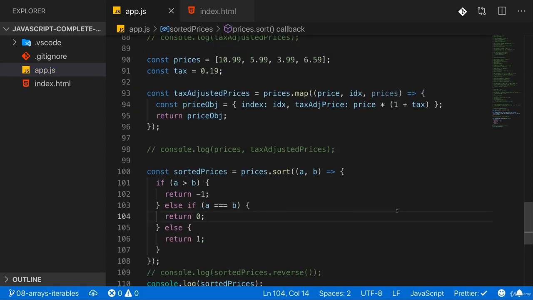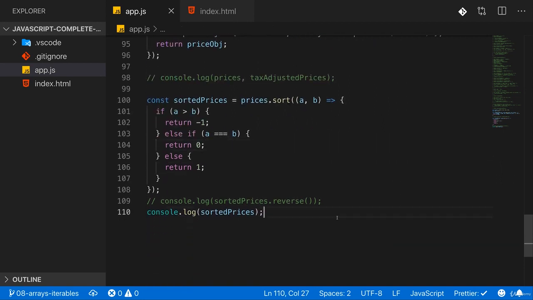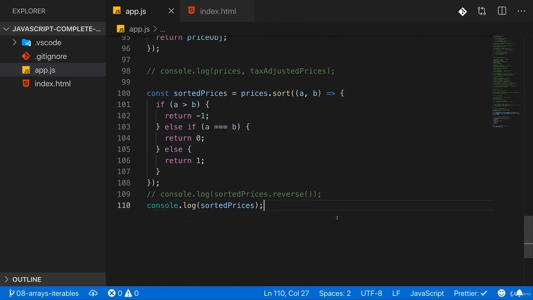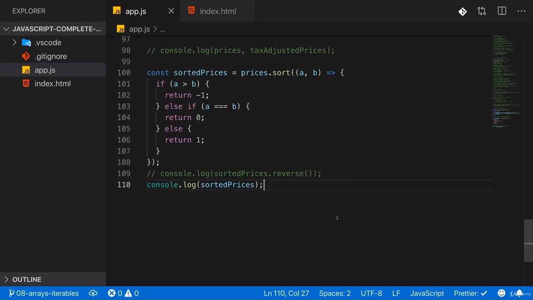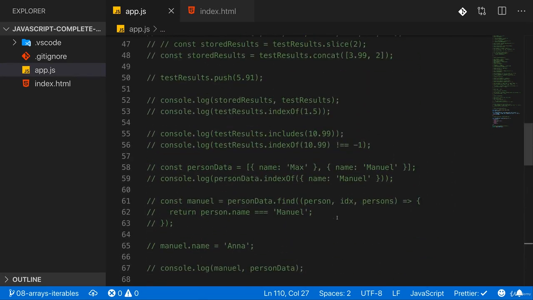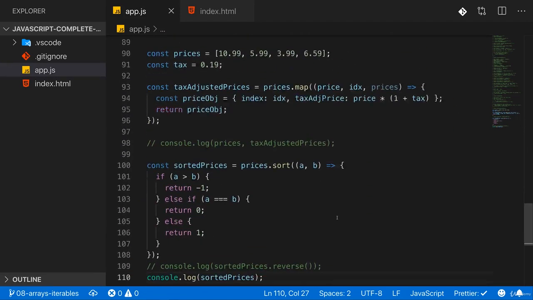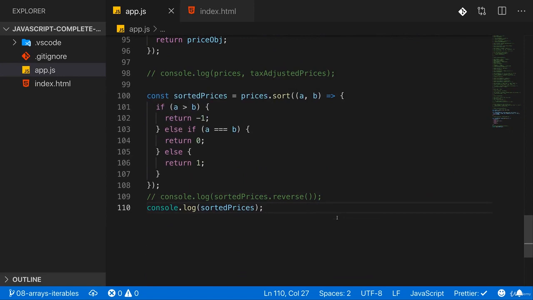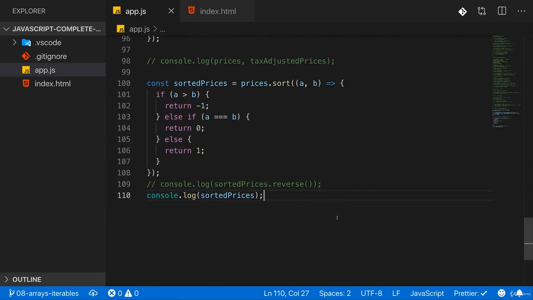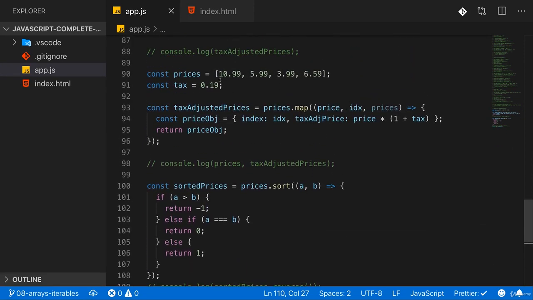Now, slowly we're coming to an end of interesting array methods, but we're not there yet. Another very useful array method is one that allows you to filter the elements in an array. Now we had a look at find and find index, which was really nice for finding single elements. But what if you want to basically reduce the amount of elements in your array based on some filter? Let's say here we only want to have prices that are greater than 6, so that only 6.59 and 10.99